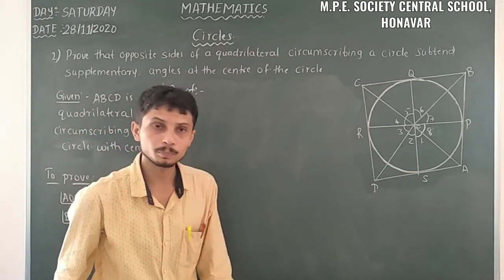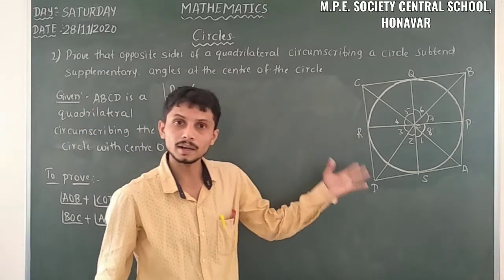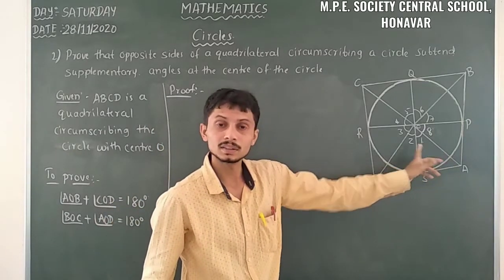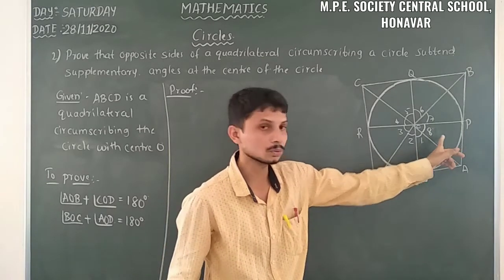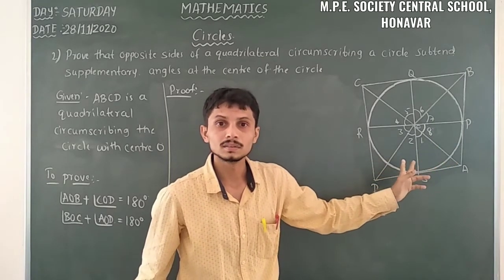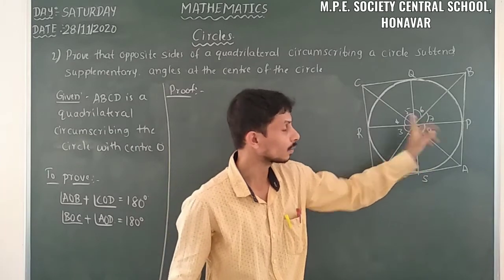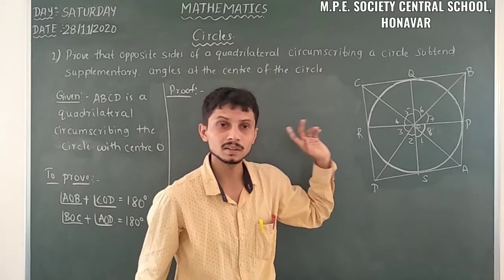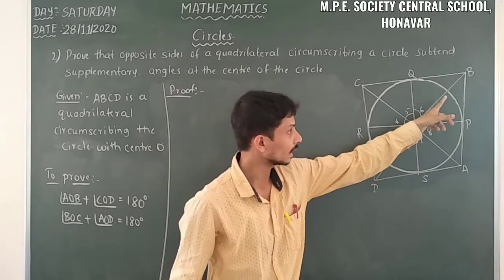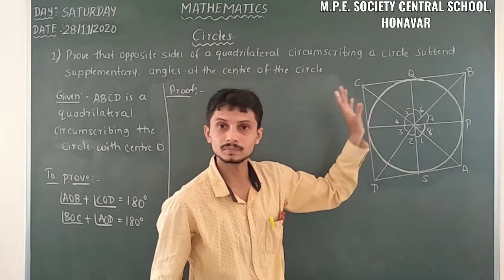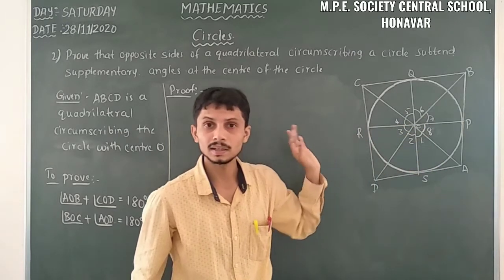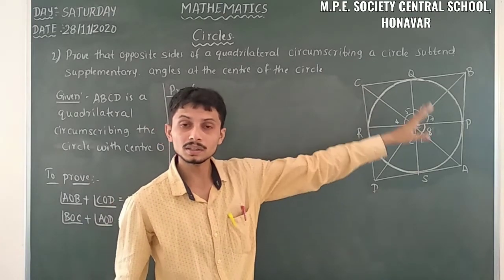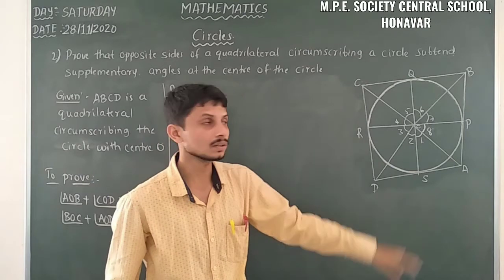So here we have to take the proof. I already told you what the challenge is. Firstly we consider these two triangles and prove that they are congruent. Then angle 1 is equal to angle 8, and angle 6 is equal to angle 7. Then we can take angle AOB as angle 7 plus angle 8. Then we consider the angles around the point. In all the cases we have to consider this. Yes, so let us take the proof.